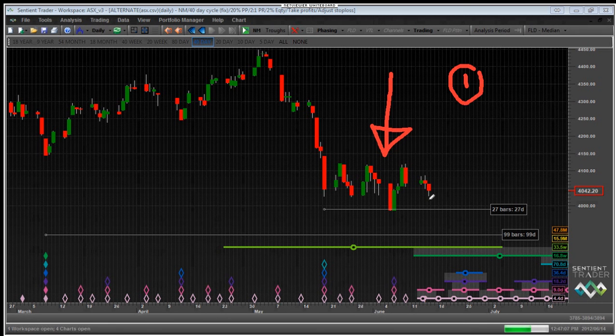The one is that the 40-week cycle trough did occur on the 4th of June. That is still possible. Nothing has happened to deny that yet. It's still possible that the 40-week cycle trough did occur on the 4th of June. So that's option number 1. Option number 2 is the option that you see presented in front of you at the moment, which is